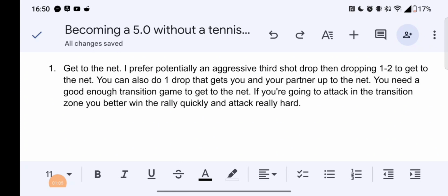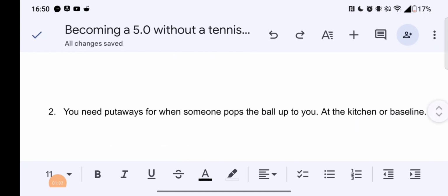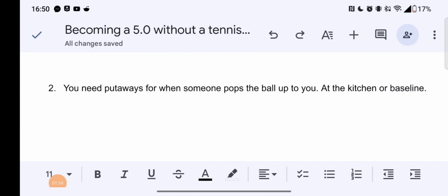And then you need a good enough transitioning game to get to the net. If you're going to attack in the transition zone, you better win the rally quickly and attack really hard. So we don't want to hit an attack from the transition zone and then the rally goes on for 4 or 5 more shots. Really important. If you're going to attack from the transition, it better be damn good and it better end the point pretty quick, because you are out of position in the transition zone and they are in position at the net. So I prefer to not really attack as much in the transition unless I'm going to do it well. Okay, and then